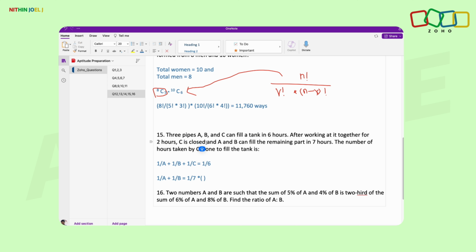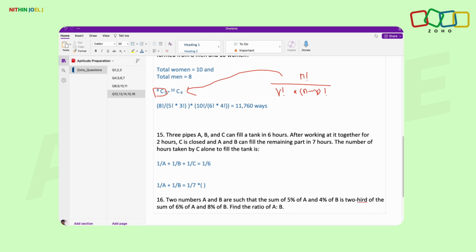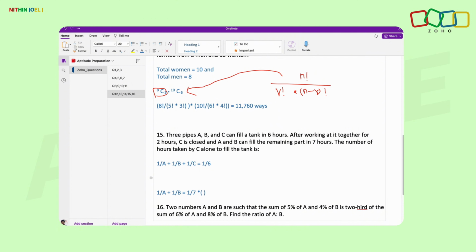So after 2 hours C has been closed. So only after C's contribution, A and B are filling the remaining part in 7 hours. So we have to include C's contribution over here. So C is being used for 2 hours, right? Which we can write as